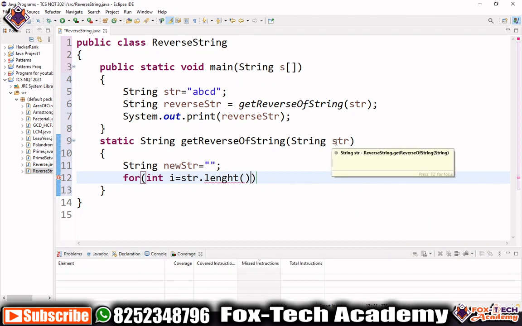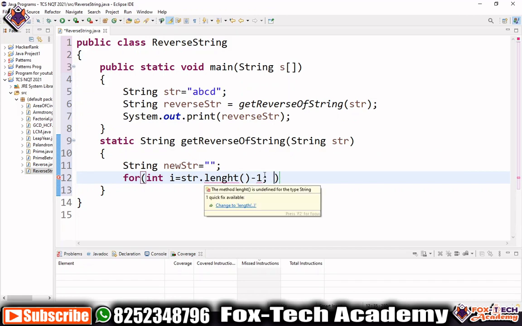We know that the last index of any string is the total length minus 1. So in i it will store the last index of this string. And we have to run this i until we get 0, and we will decrement this i.